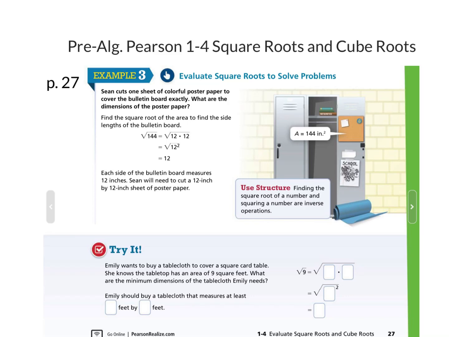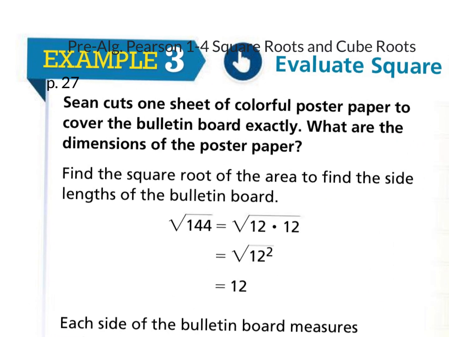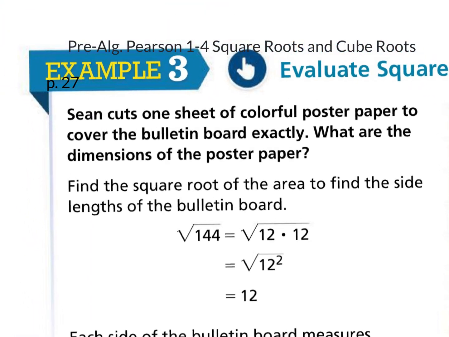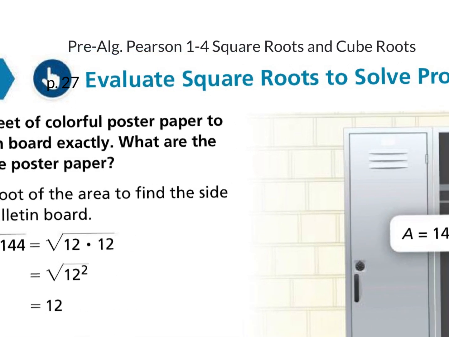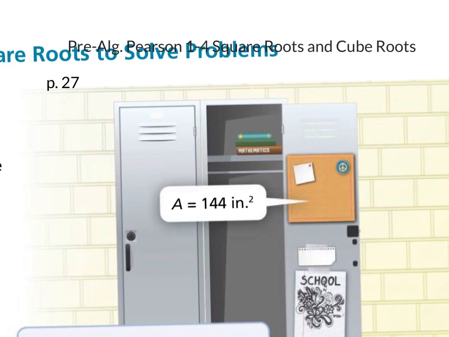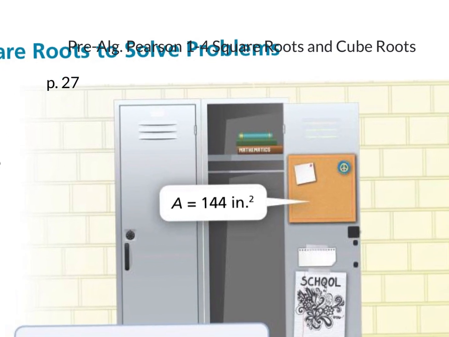Continuing lesson 1.4 on square roots and cube roots, if we look on page 27 at example 3, Sean cuts one sheet of colorful poster paper to cover the bulletin board exactly. What are the dimensions of the poster paper? So if you look at this picture, you can see that this bulletin board has an area of 144 square